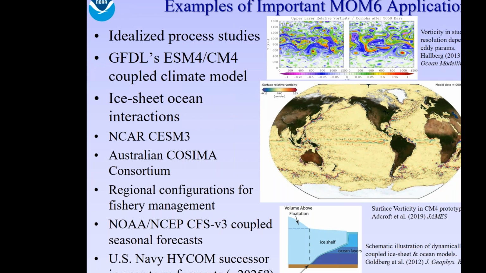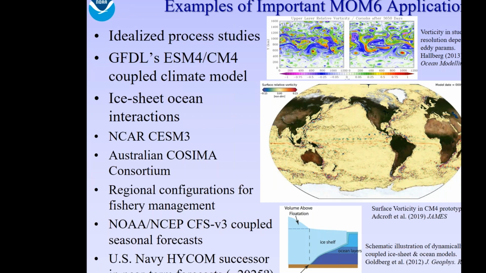In terms of UFS, it is going to be used as the ocean component of the replacement for the CFS V3 coupled seasonal forecast system. And increasingly, we are working with partners closely connected to the Navy under funding from the National ESPC to look at using MOM6 as the successor for HYCOM in the high resolution near-term forecasting systems that the Navy and NOAA